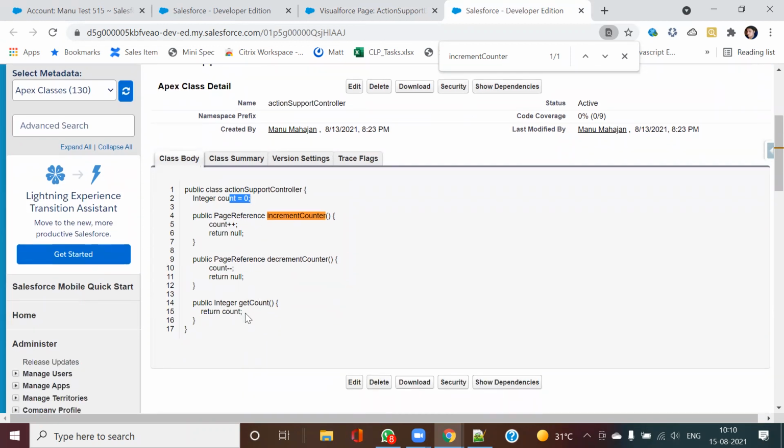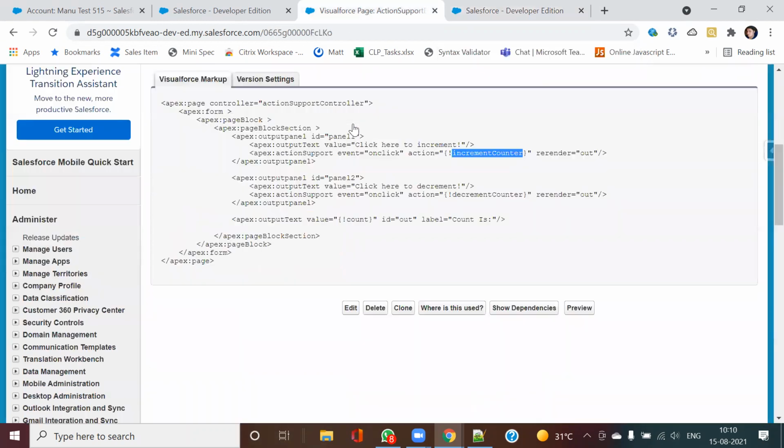Once this is done, I'm returning this get count. Assume my value got incremented. After that, I am re-rendering this page. Re-rendering means I'm refreshing this page. Inside that, I am displaying the count. Similarly, the same thing is done for decrement also.